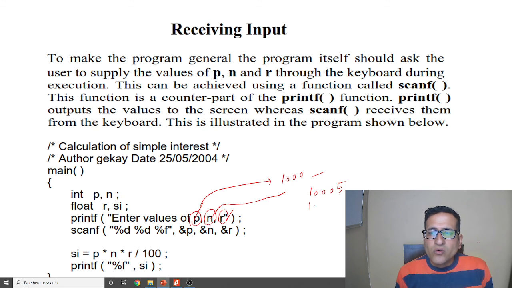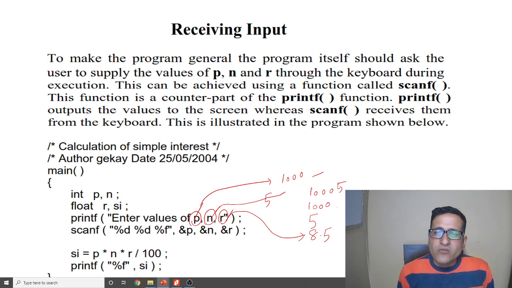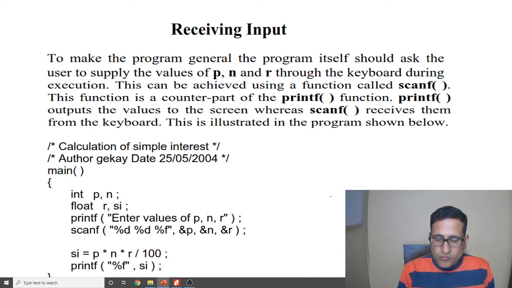We have to first type 1000, and for the value of N, which is 5, we have to use enter, the tab key, or the space bar. So after that we can type the 5. After that again we have to use one of these three things, and we have to enter the value of R, which was 8.5, or can be anything which the user wants to enter.